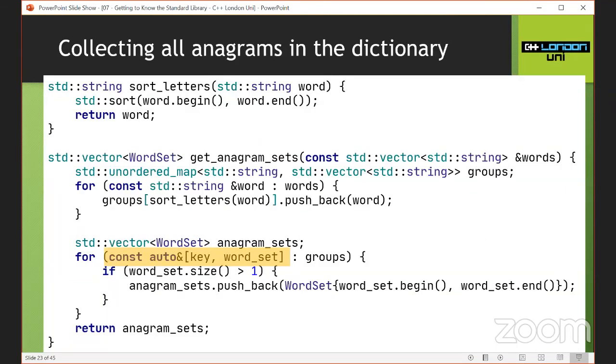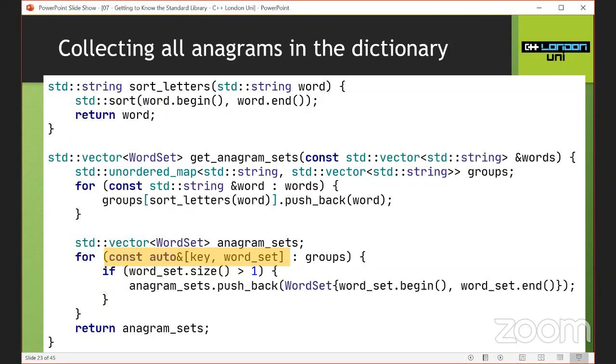And then I'm going to get to this nice square bracket thing, and it's called structured bindings. It has nothing to do with the standard library or algorithms. It's just a thing which I often use instead of getting a name like a group and then using dot first and dot second, because they are not descriptive enough. And here I can clearly call it a key